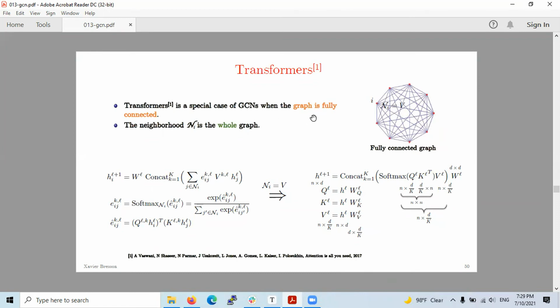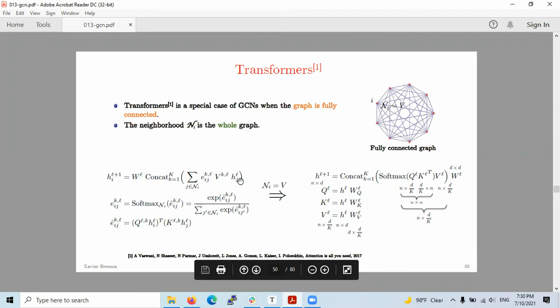What I can say is that when the graph is fully connected, transformers are a special case of GCN. During the question and answer session of the class video, the professor talks about this, or probably during this slide itself. He says that when the graph is fully connected, there is no apparent information that we're getting out of it because every node is connected to every other node. So this is not a really useful kind of graph wherein everything is connected to each other. He makes this particular point, which I picked up from there.